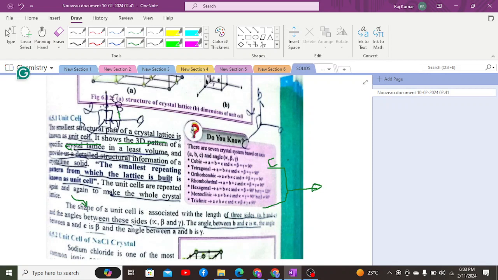The cell in which all types of cubic cells are present is known as cubic, and the cell in which three of these cells are present is known as orthorhombic, and the one in which only one cell is present is known as